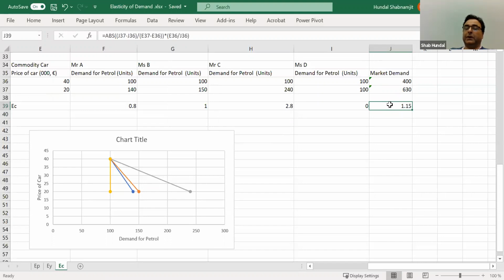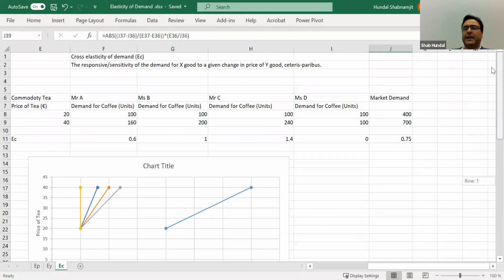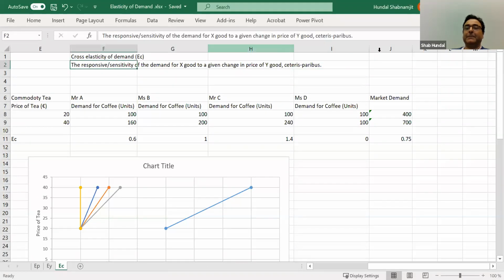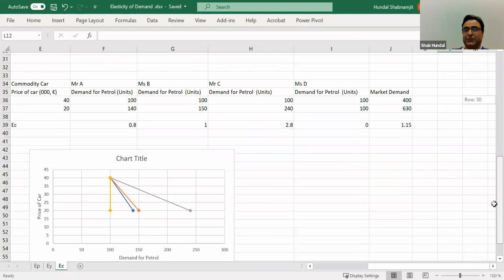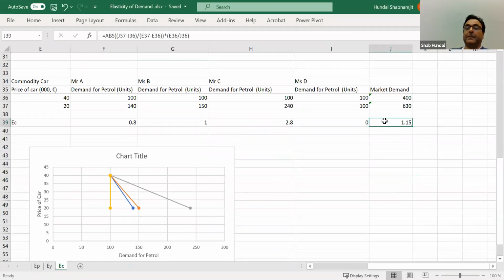So if you are an automobile, if you are an oil company, and let's say that there is no other alternative technology, and this is why we use the phrase, you can ask me, Sir, if this happens, that happens. Well, I keep my position safe when I write this ceteris paribus. It means no change, given situation. No strange situations, everything. So in this case, if in this kind of society, if in this kind of economy, the cars become cheaper, then the oil companies will gain a lot.